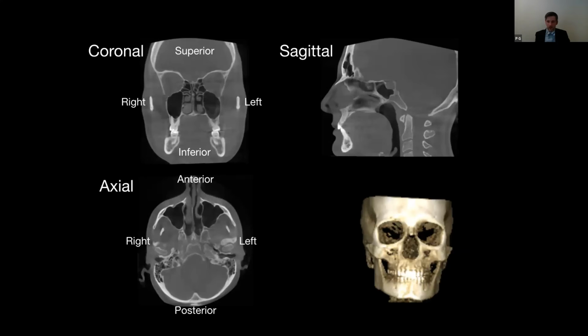And then we've got the sagittal view, which is just from the side. And then in the bottom right corner, we have volume rendering, which is just a 3D model representation of the patient's skull. So this is really good for overall patient education, especially if you were to map out the nerve and then show that patient where the implant would actually go.